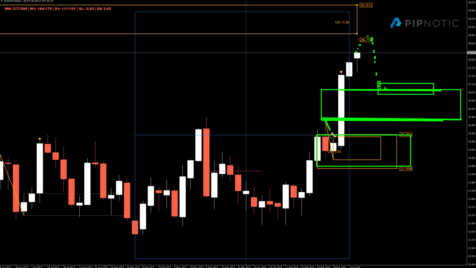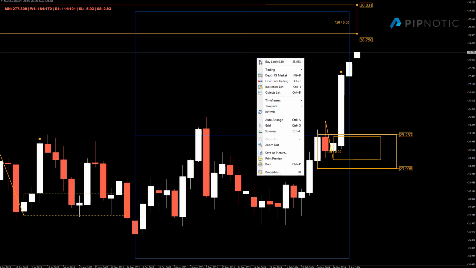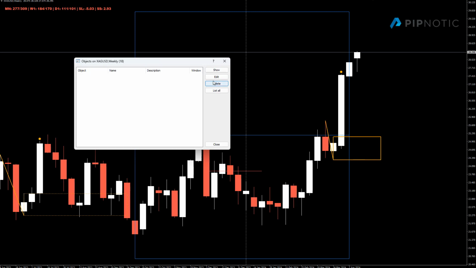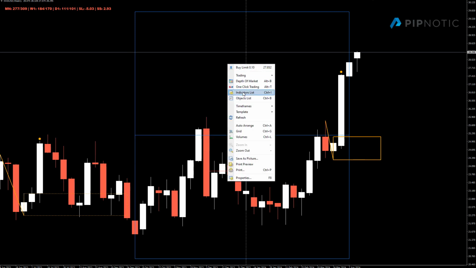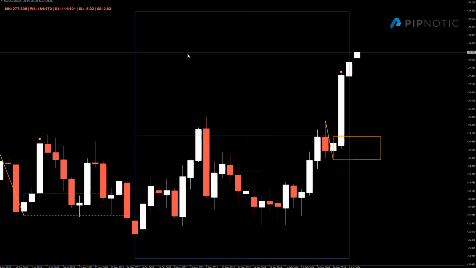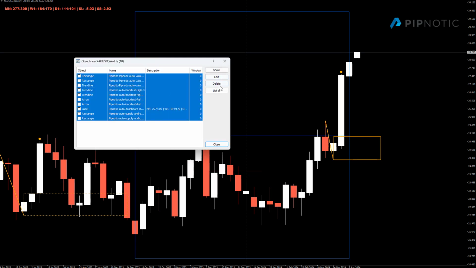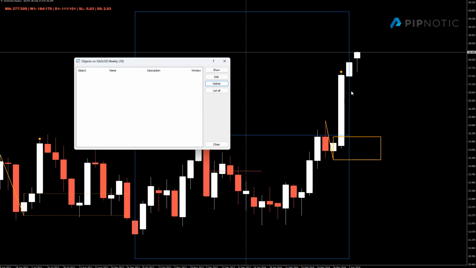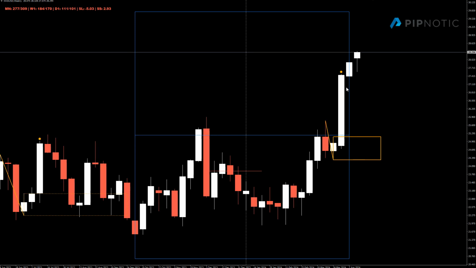You can see that the line is pointing to this area. So this is telling us where prices had to move through in order to qualify this area of demand, and we have the buy zone just here. So if I remove all that and I quickly delete all this, you can see it went quick, didn't it? The software is fast. You can notice right here, you'll see when I click right there. So right there, this is the edge of that area. So prices could easily move back down into here before we continue moving higher. But we did have a huge pullback from the highs down here.